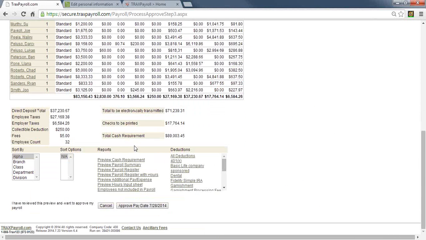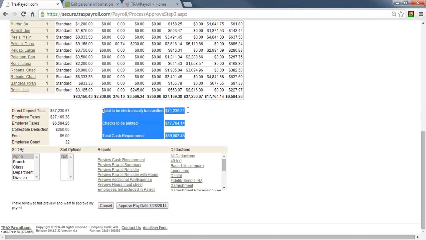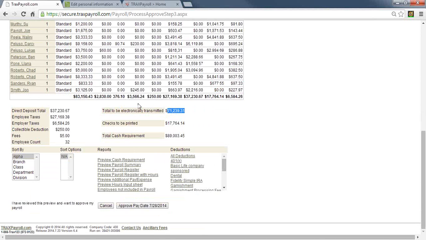And then down here at the bottom, we actually tell you your total amount to be electronically transmitted. That amount is going to include all of your direct deposits, your employee taxes, your employer taxes, and then any collectible deductions and whatever our fees happen to be for that payroll. So that will be the amount that we will actually sweep from your company bank account to fund the payroll. We list out here the checks that you need to print on site, and then what your total cash